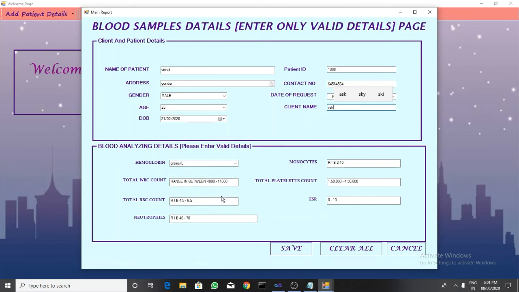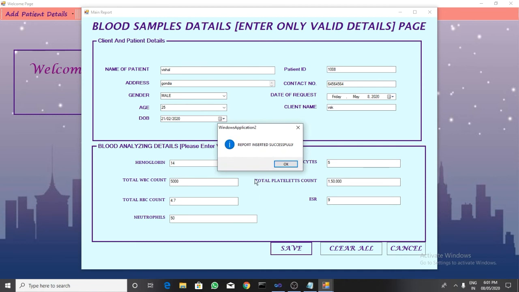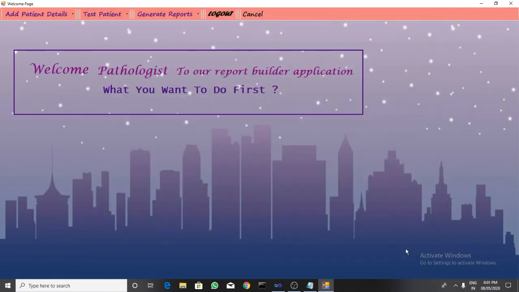We have to input correct details in this form. Then we have to click the save button. Save this report. As you see, the report was inserted successfully. And cancel.